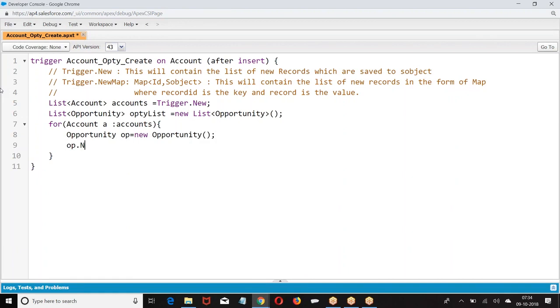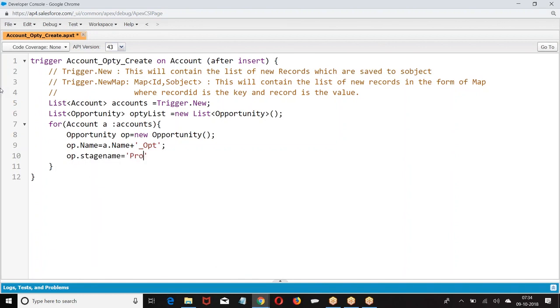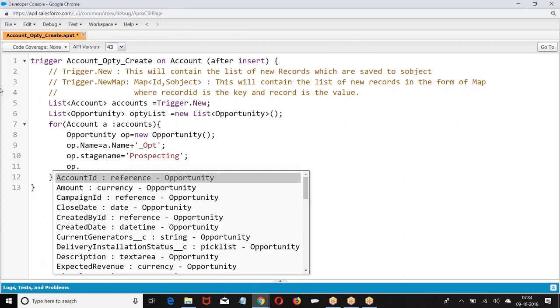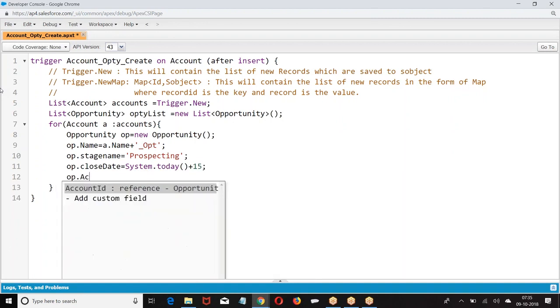OP.Name equal to account name. OP.StageName equal to a stage. CloseDate equal to a date. And OP.AccountId.